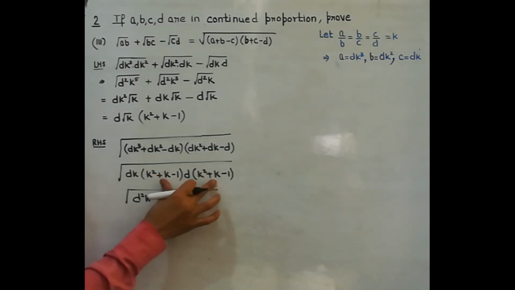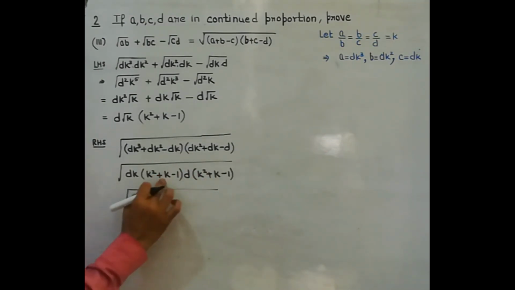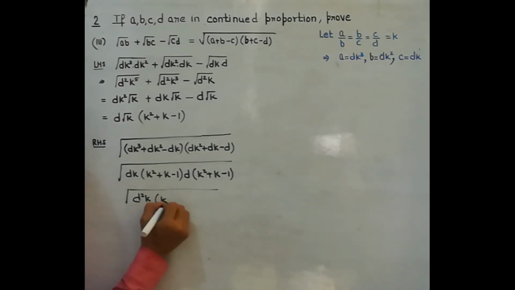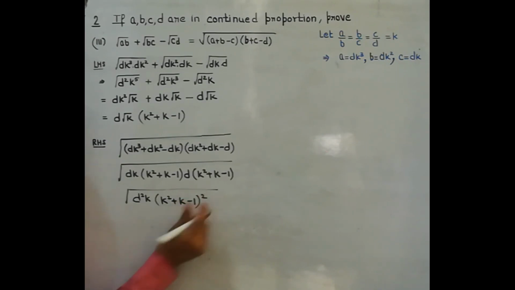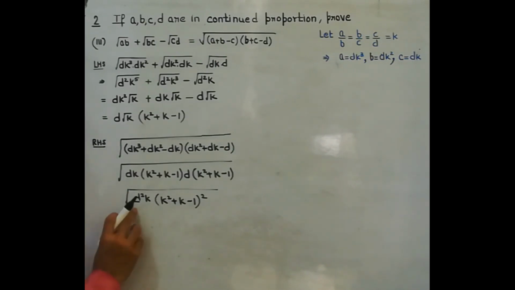Now this bracket and this bracket, they are the same. So when they multiply, they become whole square. So this is clear to you. These two multiplied will give you whole square. Now when you take under root, you are going to do the power half. Now this is d square. Now when you half the power, it will become d. Now k raised to power of 1. Now under root means power half. So this becomes k raised to power of half.